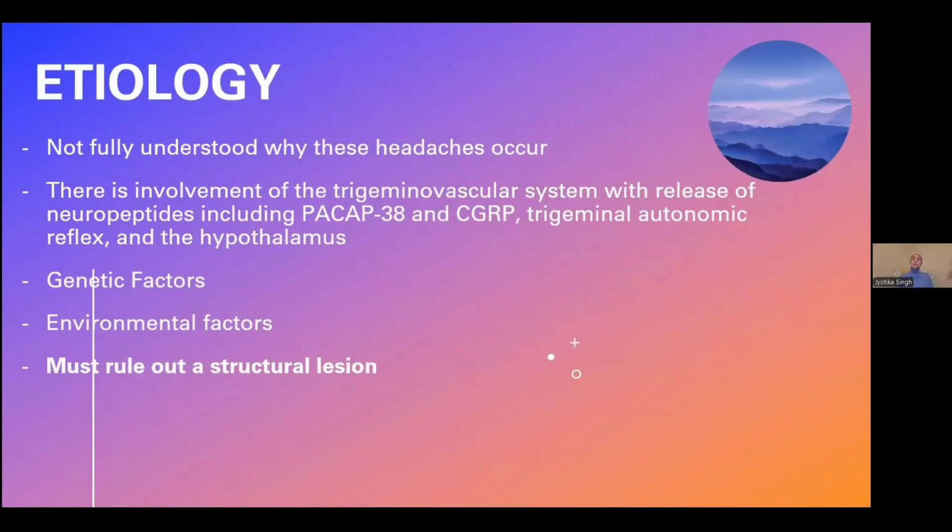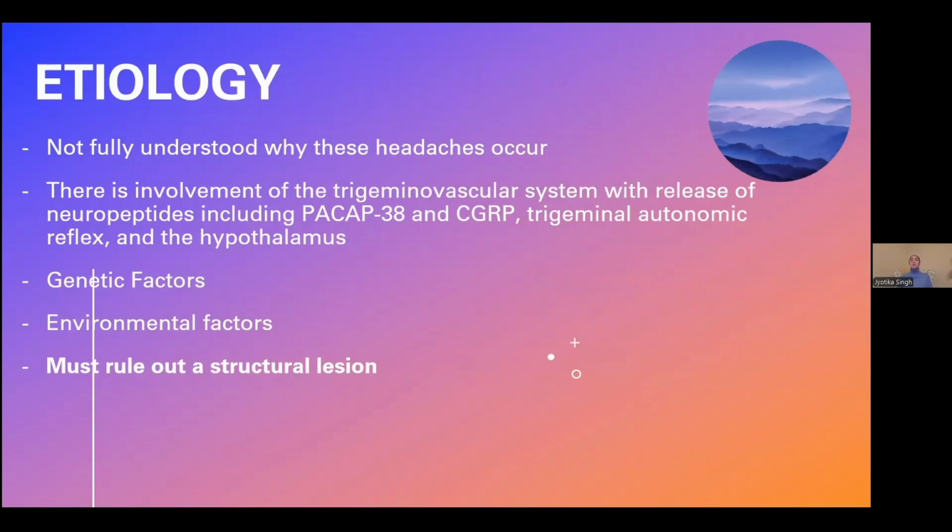So why do people get these headache disorders? Like I said, this is a primary headache disorder, so it's not really fully understood why these headaches occur, or they kind of just come about, you could say. There is involvement of the trigeminal vascular system. There's some release of these inflammatory neuropeptides. Maybe you've heard these words of